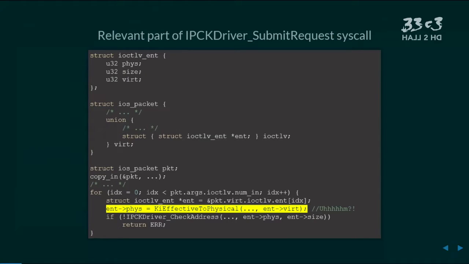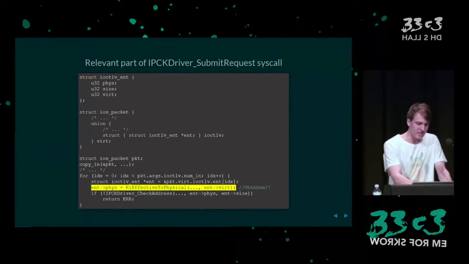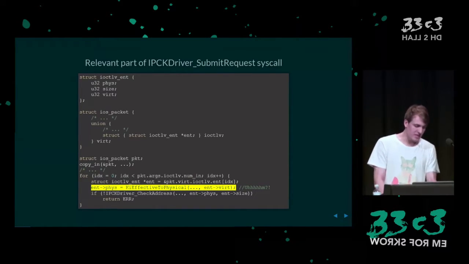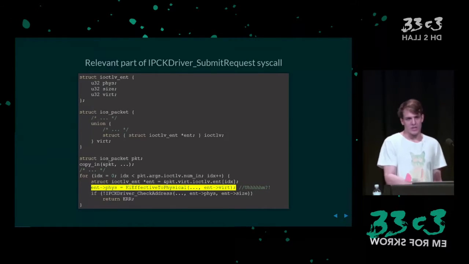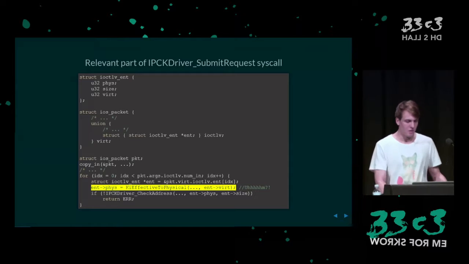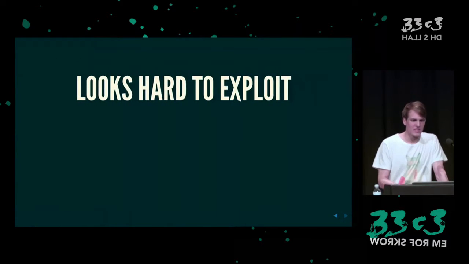So we can see it copies in this packet from user mode into kernel mode using the safe mechanism, and then it goes through all the entries and fixes up the physical addresses for us. But we can see in this line that it doesn't use the safe mechanism at all. It doesn't care about whatever address we put in there. So this gives us some kind of write primitive to wherever we want, basically. This looks hard to exploit, right? Because the write kind of is going through this